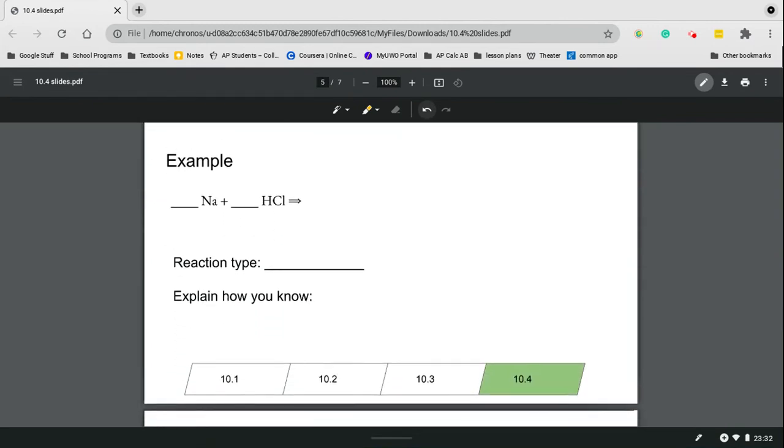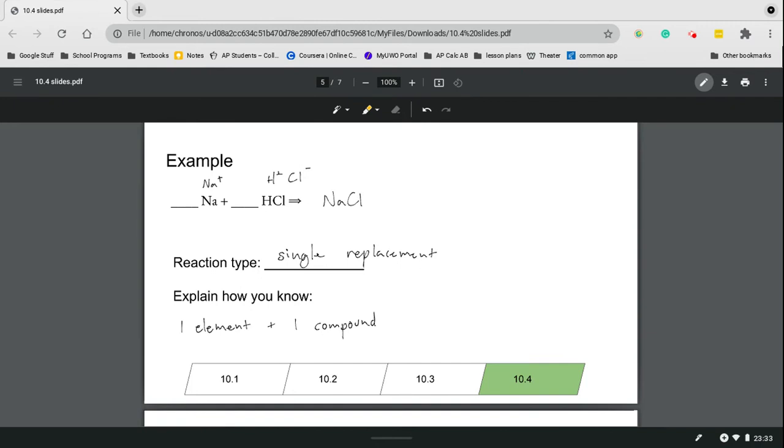And so here now we have 1 element and 1 compound. So that's just going to be a single replacement. Na is just Na plus. Hydrogen is just H plus. Chlorine is just Cl minus. So when these switch around, that's just going to be